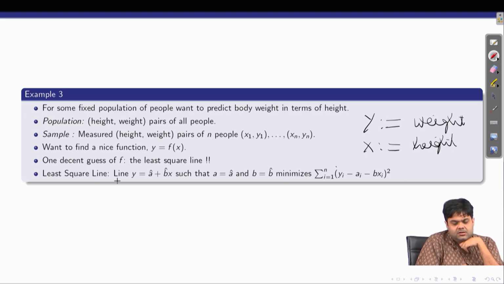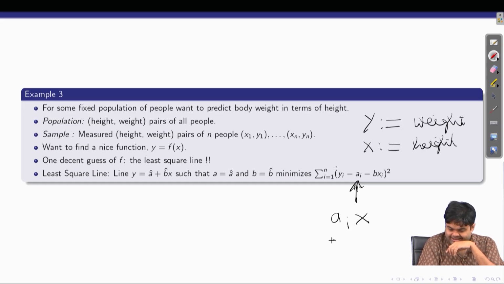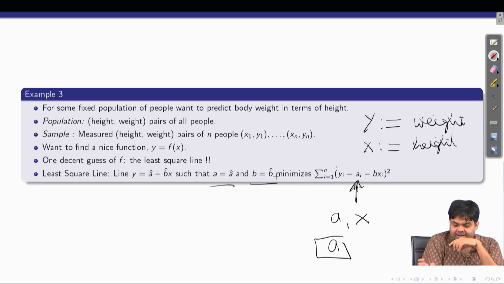We want to find a line that fits this data best, and one decent guess is the least square line. So, the least square line is basically the line that predicts. Sorry, there is a typo, this is not a_i, this is a. So, we are trying to predict a and b, which minimizes this square distance of